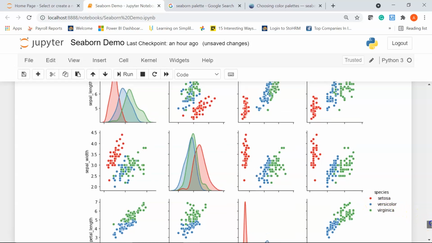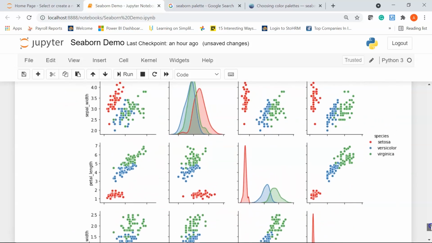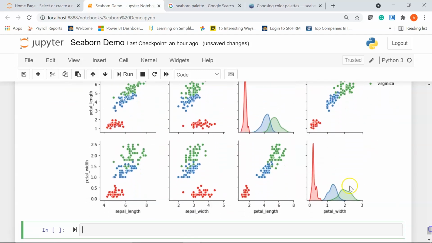represent Virginica flowers. Now if you look at this graph, you will find that petal length is the best feature to classify the three different species of flowers. The reason being, you can see here they are very well categorized and separated. All the red dots present here in the petal length represent Setosa flowers. Around this range, all the blue dots represent Versicolor flowers and the green dots are all Virginica flowers.